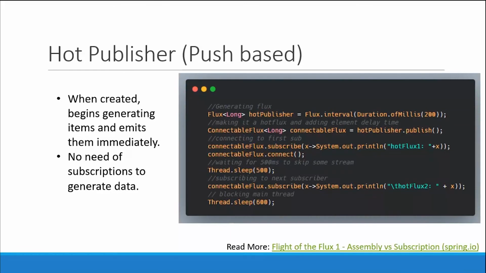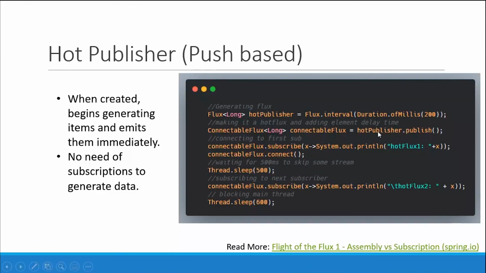I mean, not the same data. The data is continuing, and you hear it once you subscribe. With a hot publisher, the publisher generates data and emits it immediately. It emits data whether there are subscriptions or not.